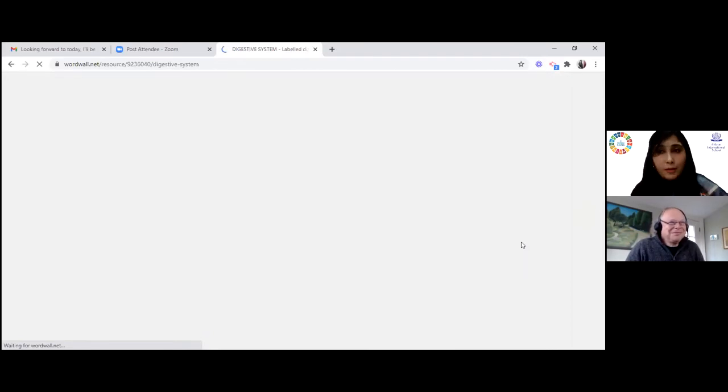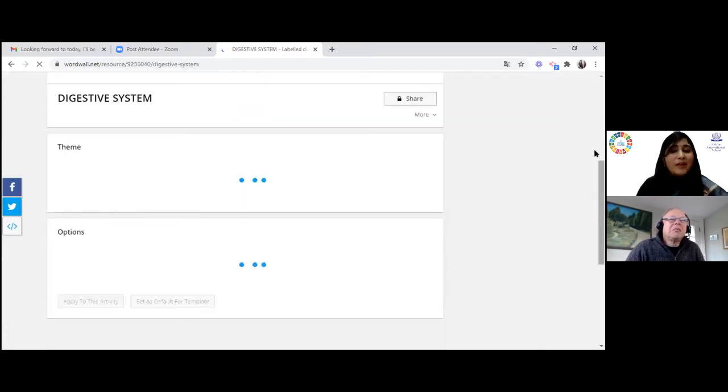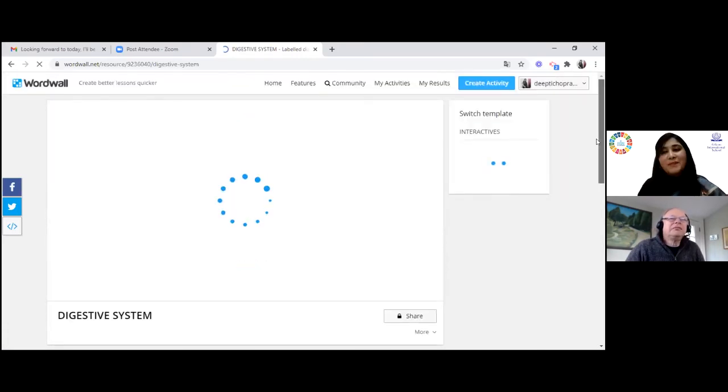Otherwise teachers will think that it is a time-consuming app, but it is not. It is a wonderful tool, free of cost, and it gives you the ability to create interactive activities. So teachers, are you ready for this game? Now tell me, which one is the best: matchup, group sort, or label diagram? You can write in the chat box. Come on, you can mention. What do you think? Can you use this tool in your class?